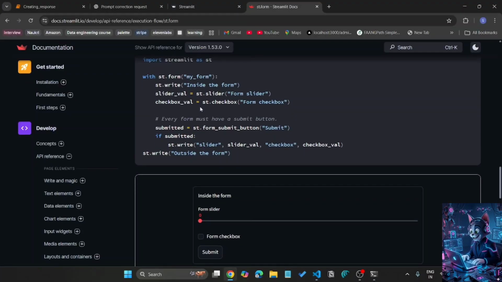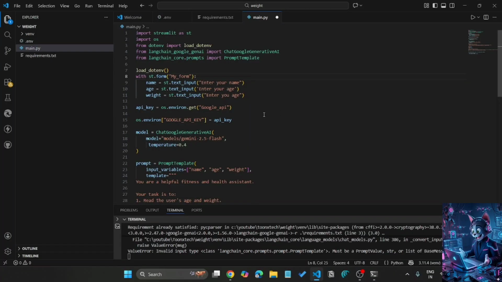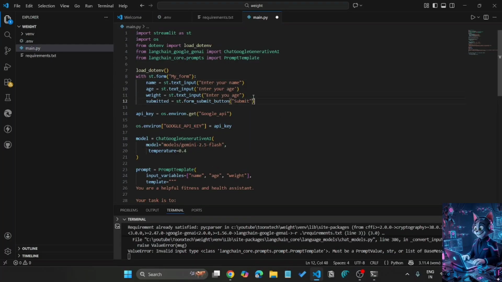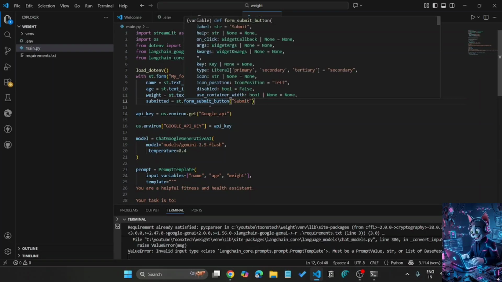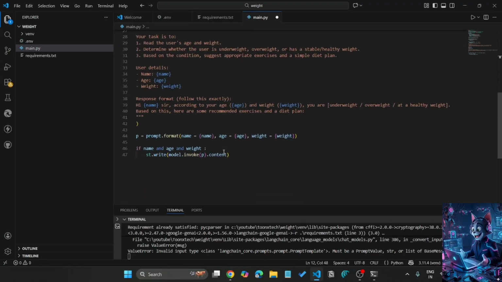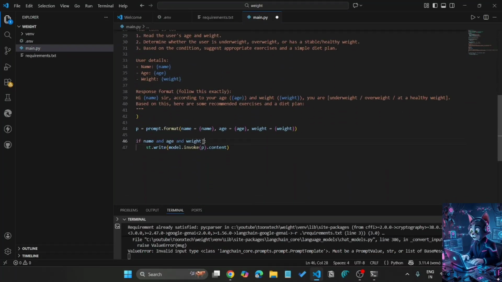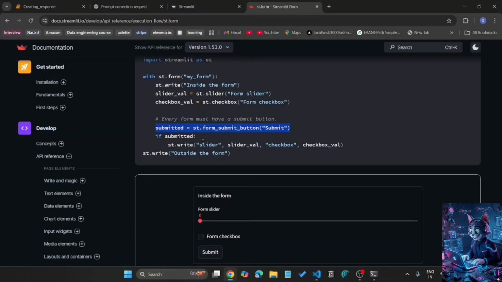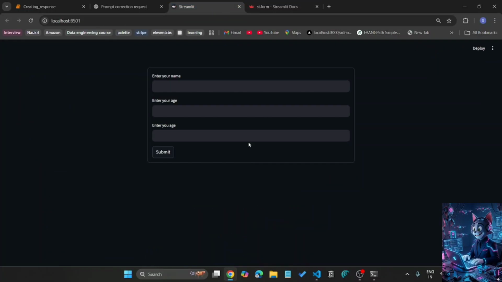And next, let's add the submit button. After entering all these details, we can have this submit button. Submit. If submitted, then proceed. Let's remove this. If submitted, then proceed. Let's refresh it again. Now we can see the view of a form: name, age,